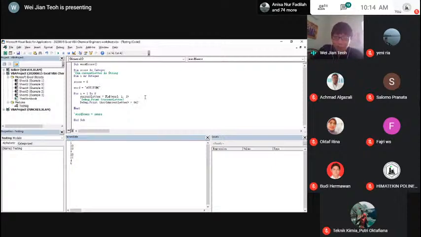So I'm going to add up the score. Let me comment out here. I want the score to be added. Let's say the score starts at 0. I want to add 1, so it becomes 1. Add 20, becomes 21. Add 20, becomes 41. I can do this by typing score equals score plus this part.